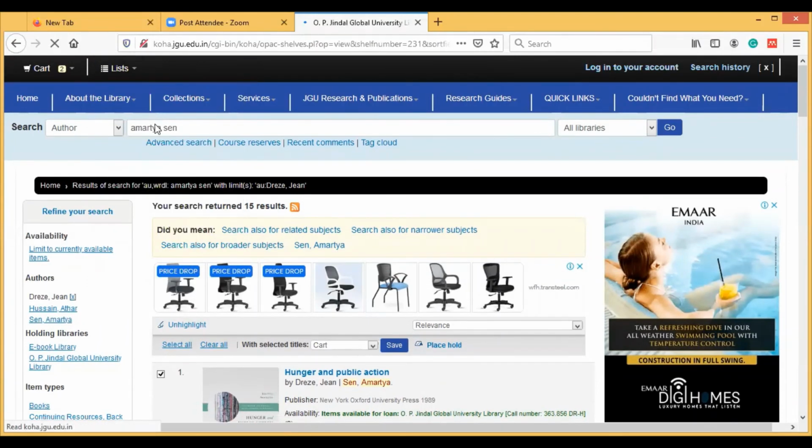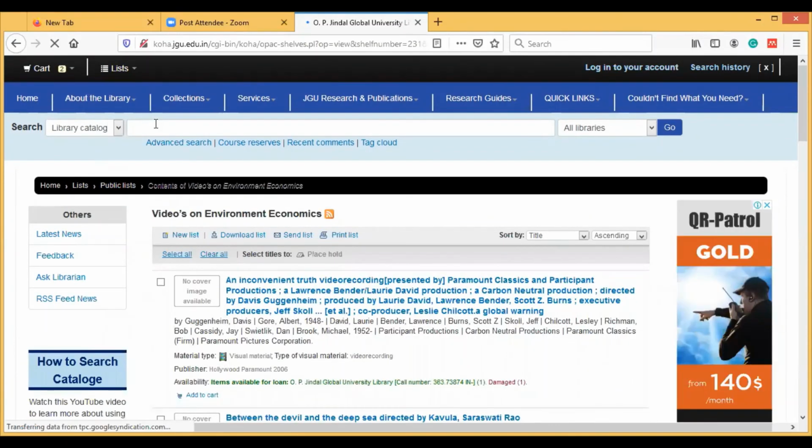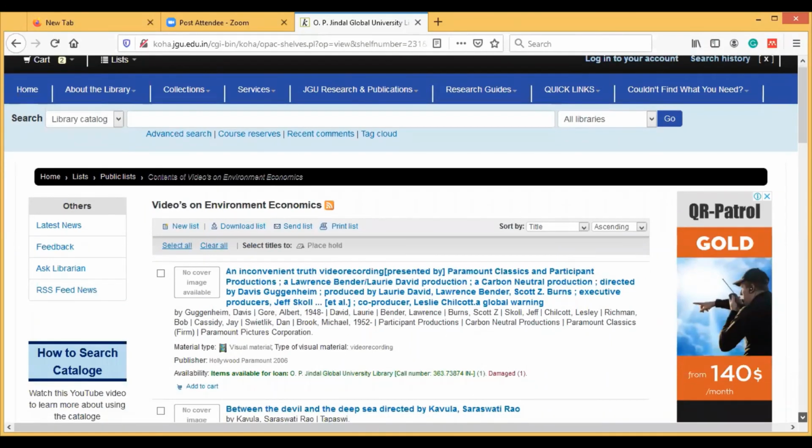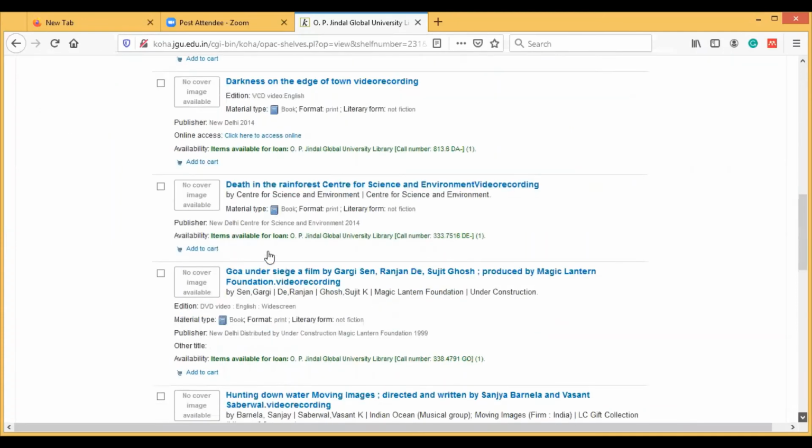Now these lists are made for different purposes by different staff or researchers. So this is handy if you are looking for something only in the area of environment. Okay, so some of these are books, and all these are videos.